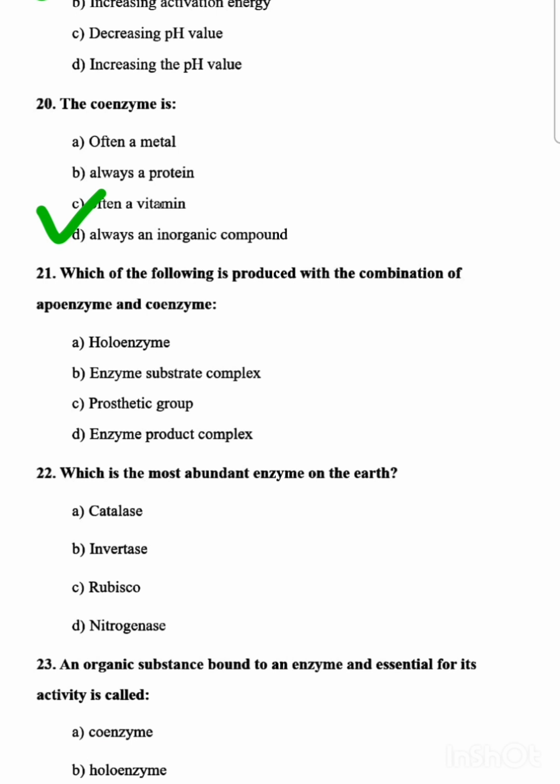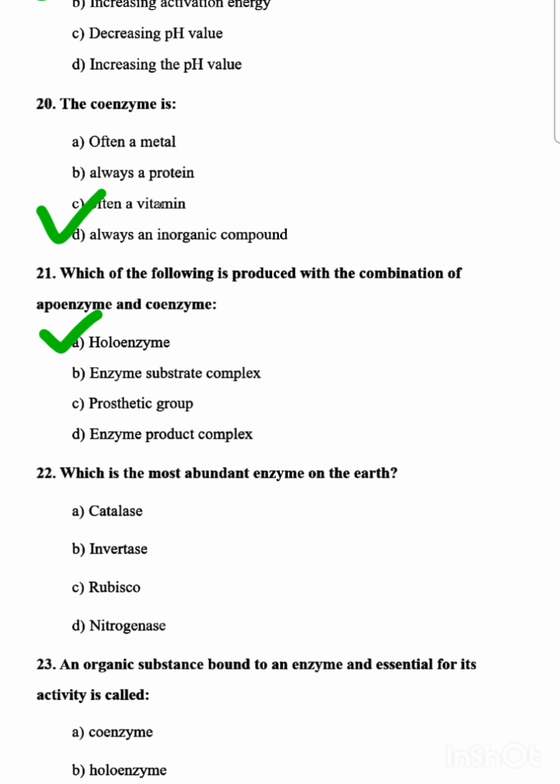Then which of the following is produced with the combination of apoenzyme and coenzyme? When apoenzyme and coenzyme combine, they form the holoenzyme. The apoenzyme is the proteinaceous part and the coenzyme is the vitamin and other catalytic product. When added to the apoenzyme, it will form the holoenzyme,